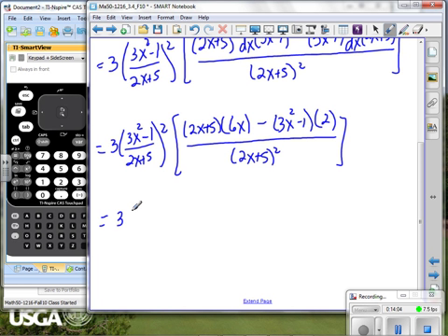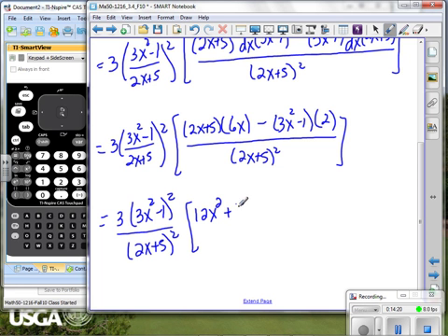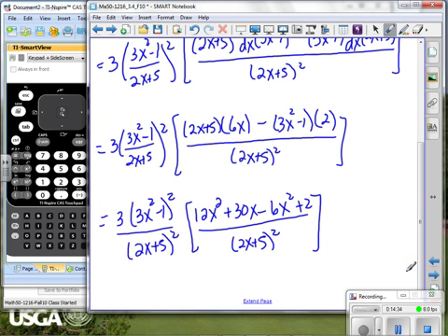This would be 3, the quantity 3x squared minus 1 quantity squared, divided by 2x plus 5 quantity squared. And now I have 12x squared plus 30x minus 6x squared plus 2, divided by 2x plus 5 quantity squared. And while you're looking at that, because